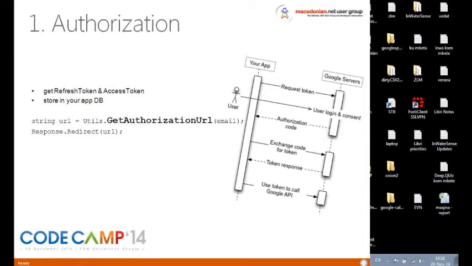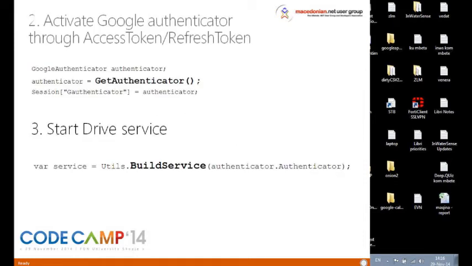You will try to access the Google Drive with the access token. If that fails or the access token is not active any more, you have to use the refresh token to get another access token. And with that token, you can manipulate the Google Drive. Secondly, after you have all the authorization, before every action from your app to the Google Drive, you have to